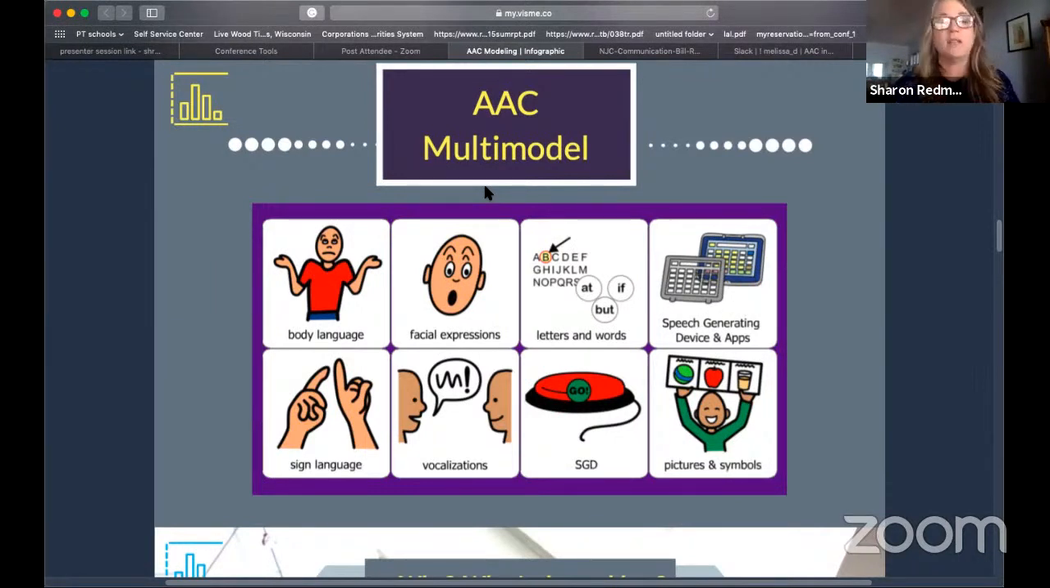All of us communicate in different ways and we use different modes of communicating throughout the day. So we use body language, facial expressions, vocalizations. We use written expression to communicate. All of those are acceptable means, and we need to start accepting them and making sure that when we're working